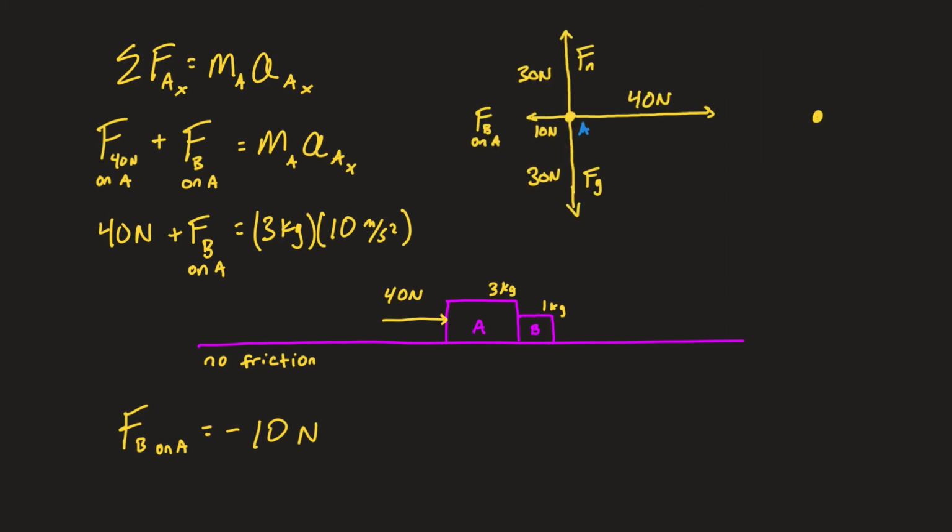So I have the free body diagram drawn out for A. I tried to get my scaling correct. Gravity's pulling down with 30 newtons, normal's pushing up. Really nothing exciting in the vertical direction to analyze, just simple balanced forces. But then we do have 40 to the right and then 10 to the left, creating 30 newtons of net force horizontally on object A, which is causing that 10 meters per second squared acceleration because we have a mass